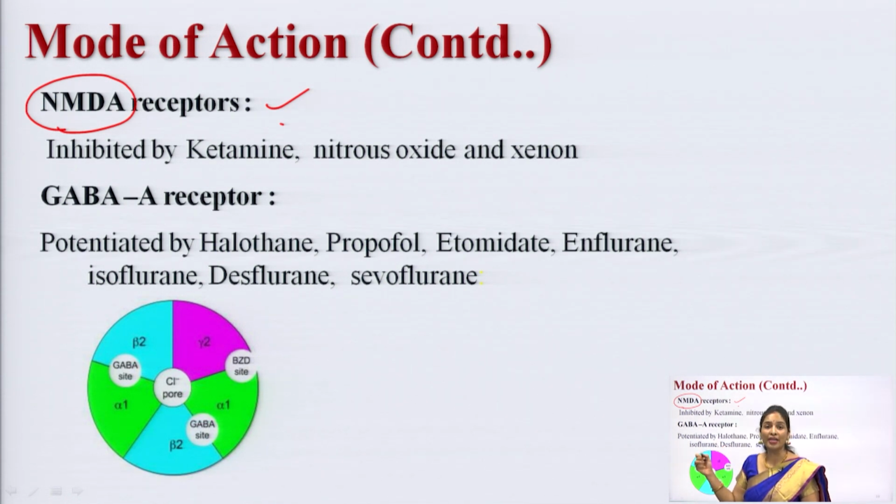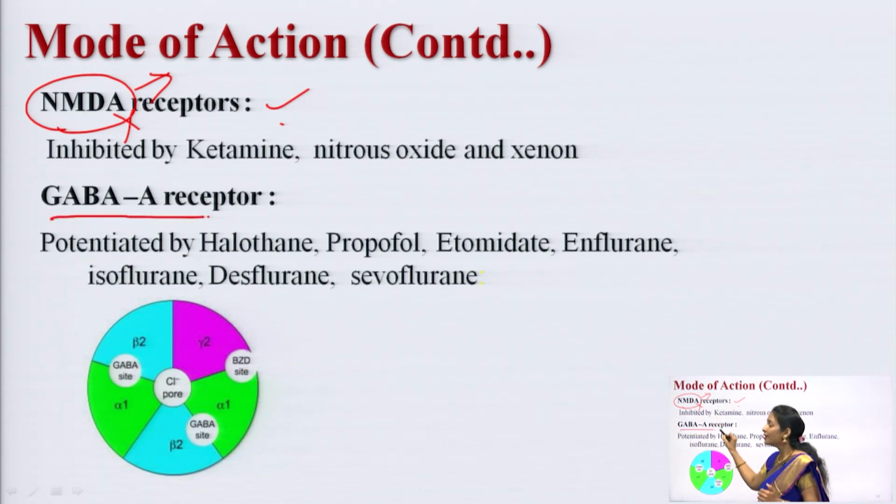Especially they bind to the NMDA receptor. The NMDA receptor is meant for opening of the calcium channel. Once the calcium channel has been opened, calcium enters into the cell. Once the positive charge enters the cell, it can cause cell depolarization and cell excitation, which can induce the pain, which we do not need here. So, the general anesthetic drugs will block these NMDA receptors. By blocking these NMDA receptors, there will be no opening of the calcium channel. If there is no opening of the calcium channel, there will be no depolarization inside the cell. In this way, ketamine and nitrous oxide decrease the excitation of this receptor.